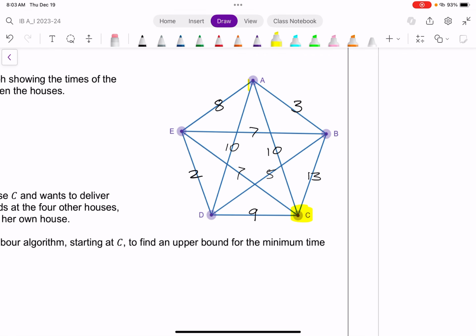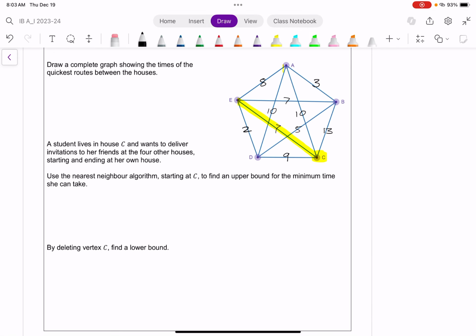I look at all the edges adjacent to C and find the shortest one. And the shortest one is going to be C to E, which is 7. So I will write down C, E. That's it. This may not be the actual path, because again, this is just going to give us the upper bound. Then next, from